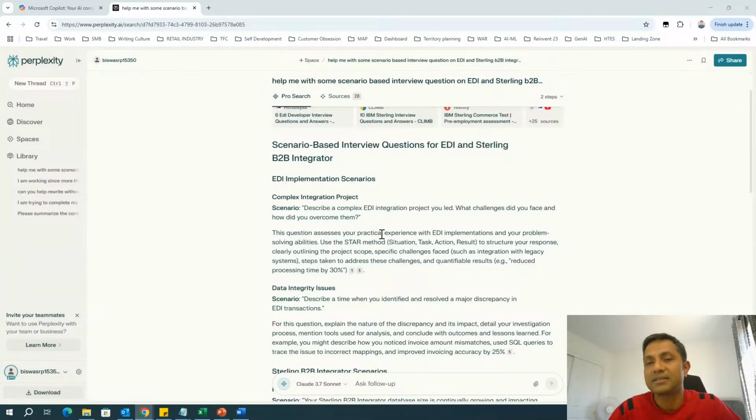Typically, instead of asking a close-ended question with a yes or no answer, like, okay, have you worked on Sterling Integrator? Okay, yes. Have you worked on mapping? Yes, and all that. They have created this framework, which is the STAR methodology, where they ask a question